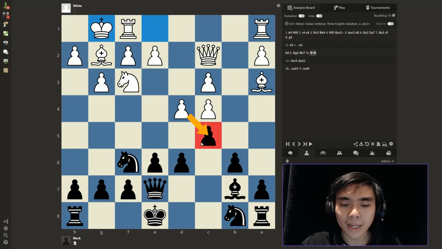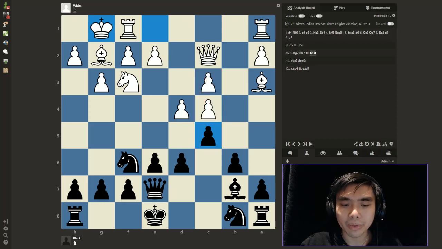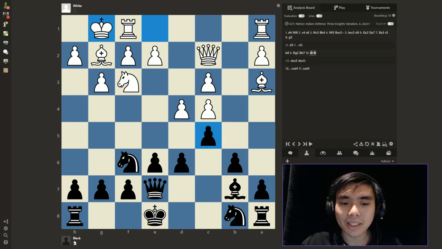Meanwhile, black wants white to capture here because then, as I said before, these doubled isolated pawns would become a great problem. So as you guys know from some of my previous videos that I've talked about, to take is a mistake, a very famous quote in chess, and this is the reason why, because if you capture, you only benefit your opponents. So in this position, black decided